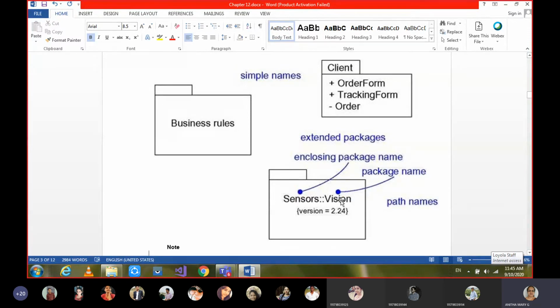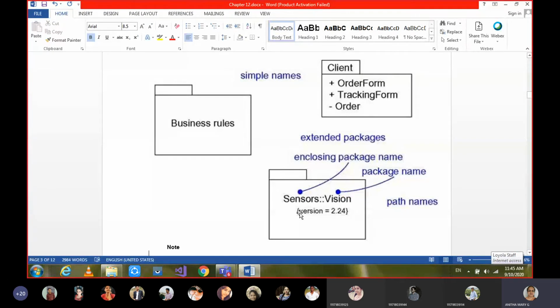Say here, if you want to specify where AWT is existing, it is preceded with the scope resolution, that is two colons, and Java. That means AWT is present in the Java package. Similarly here is an example: Vision is a package name which is present in the Sensors package. Okay, so this is how we can do.